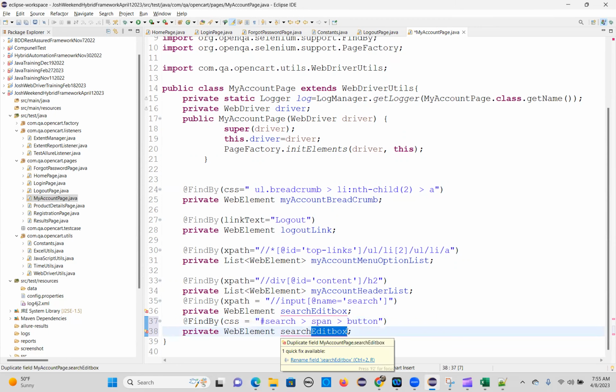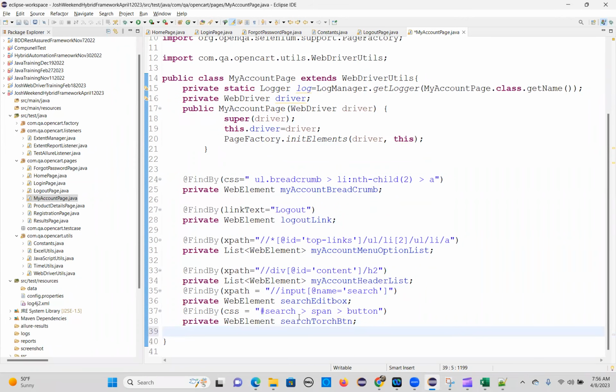Search touch icon, search touch button or a search touch icon, whatever it is. Okay, so the next one is